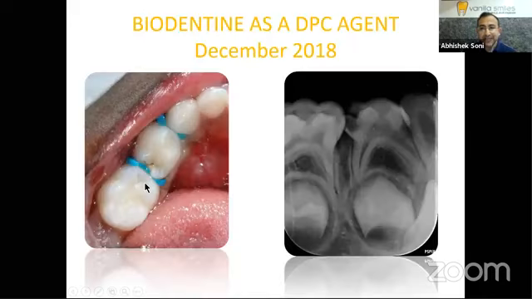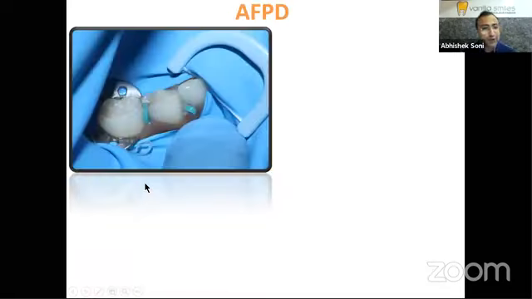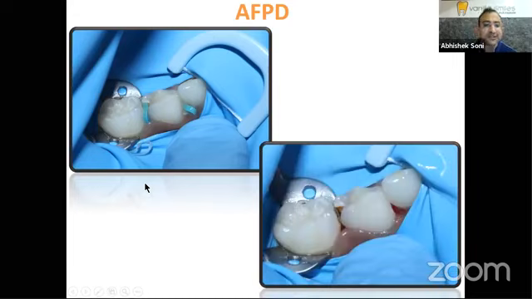Another case of direct pulp capping, wherein we tried to be minimally invasive. These are elastics, which we shall cover shortly in the Hall's technique. So we tried to do an aerosol-free pediatric dental procedure by putting the elastics. But if you see in the clinical picture over here, the elastics have sunk subgingivally, and we could not achieve that kind of separation which we ought to have.